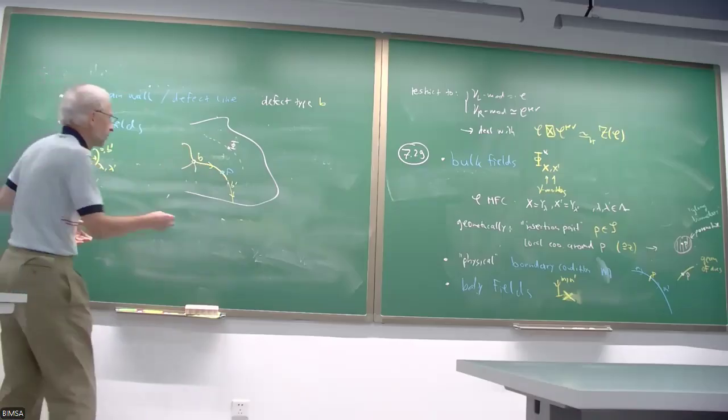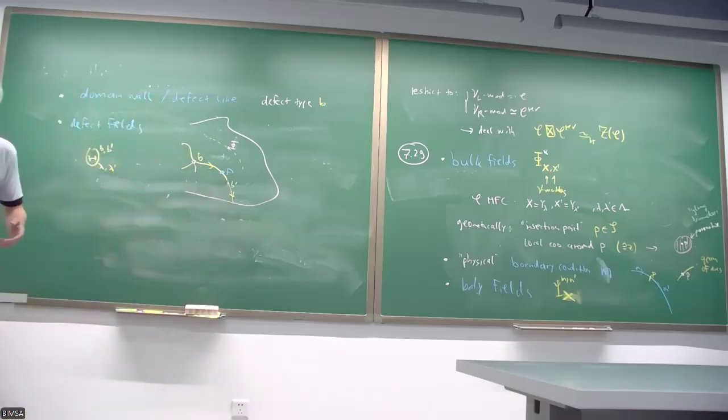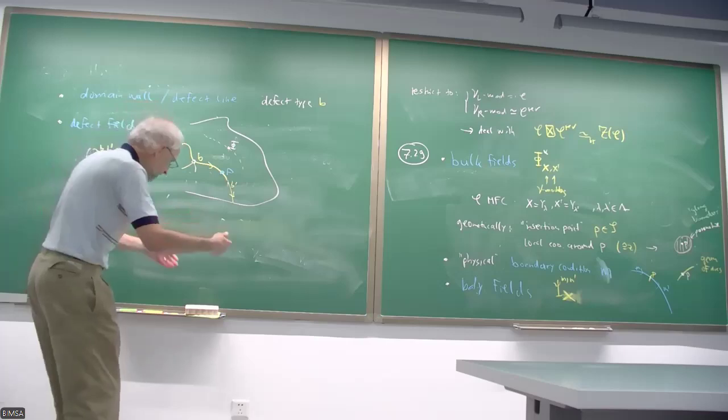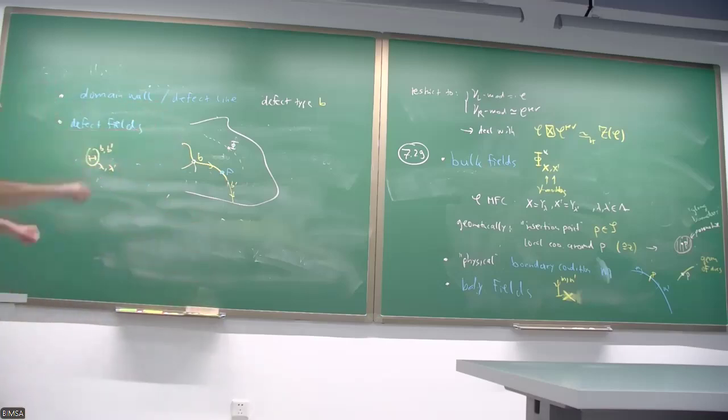And in principle, you can have several defect fields ending at the same point on the boundary. So you have generalized boundary fields and boundary defect fields. So there's a lot more you can do, but you can always reduce it to this situation, just having these things. But this is considerably more complicated than what we have